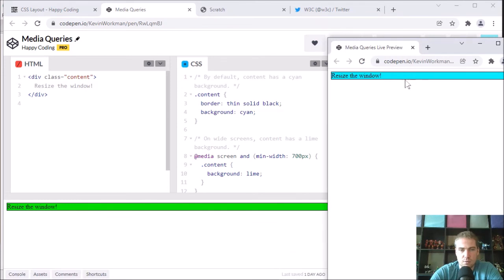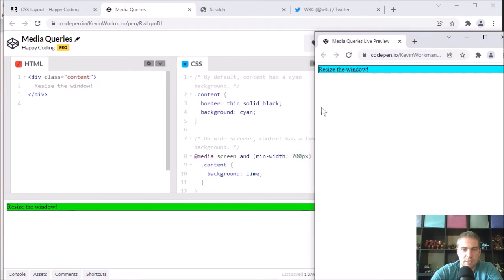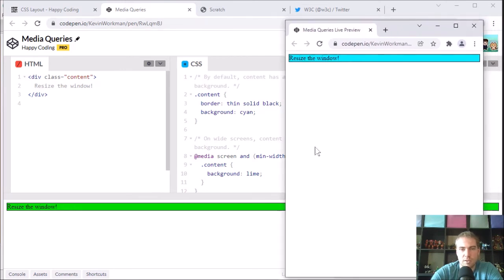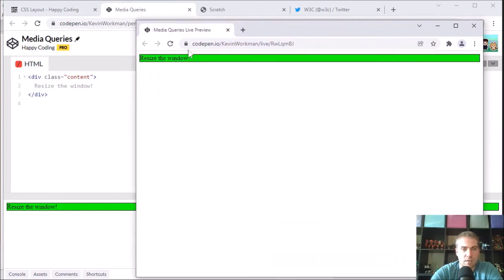And indeed it does. Cool. But if I resize it, when it becomes 700 pixels or wider, then it'll change to green. So I'm going to resize it. And there we go. Now it's green because that CSS media query is being triggered,